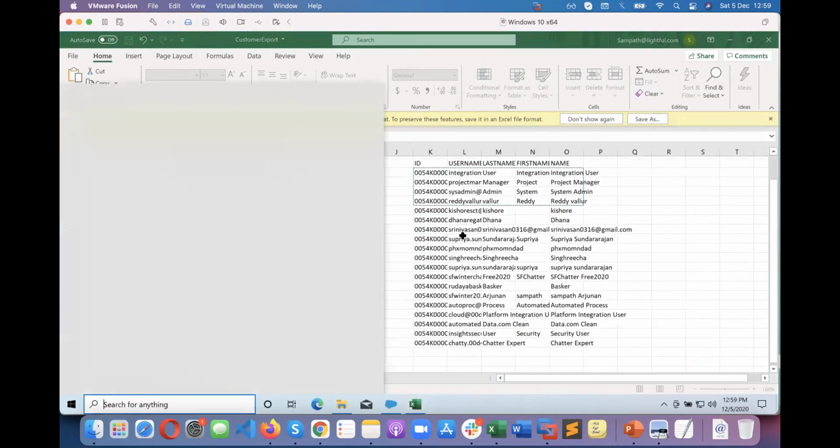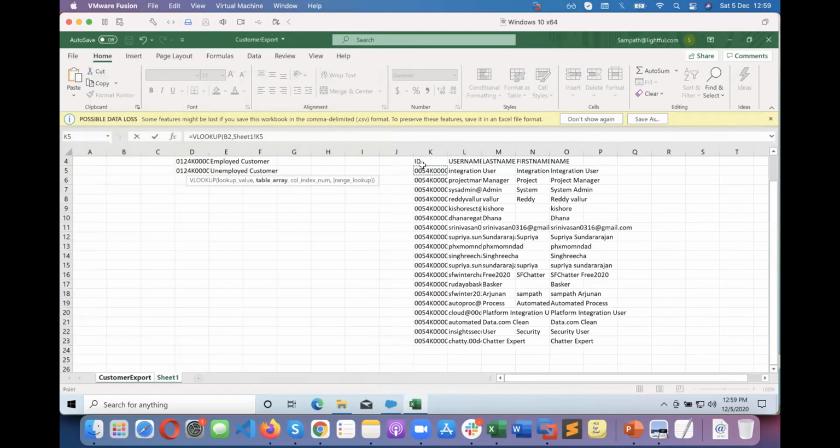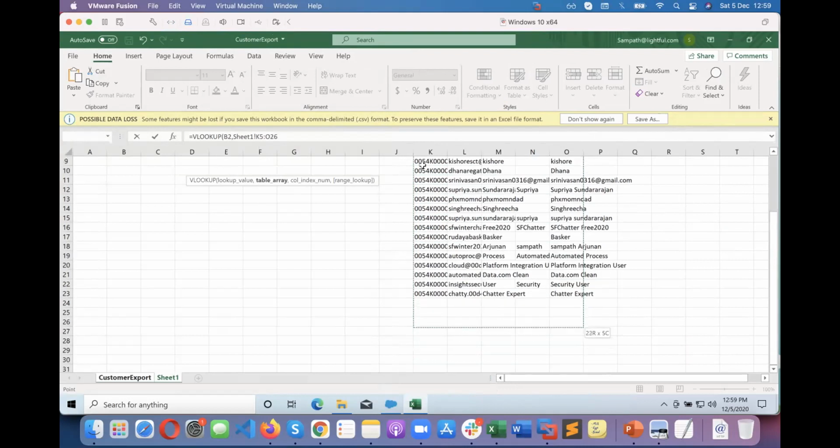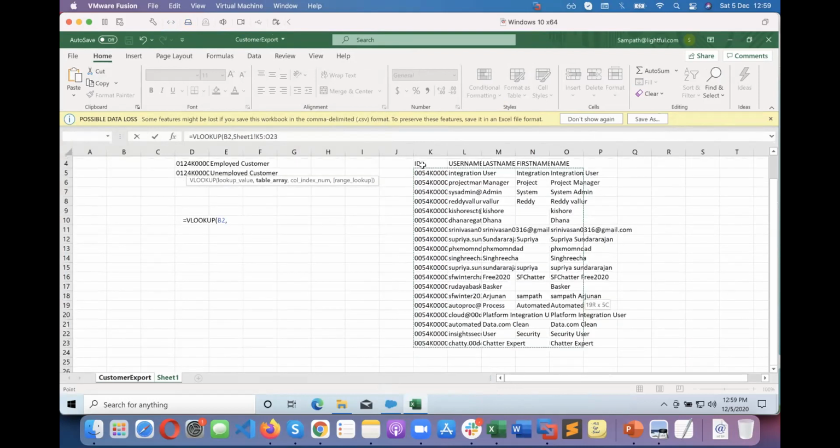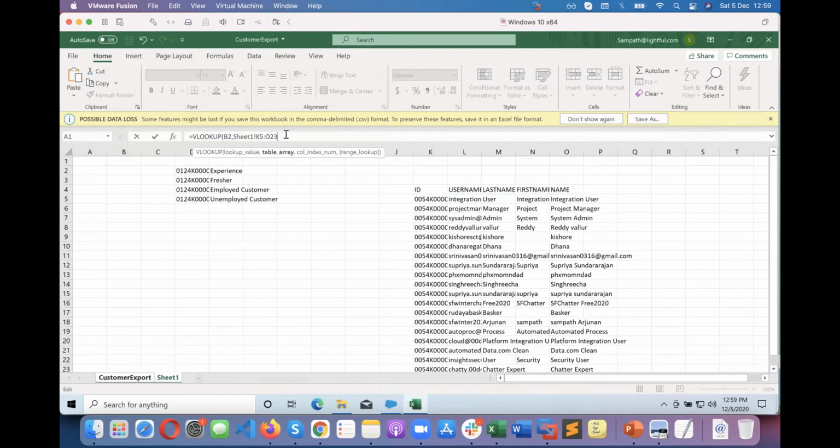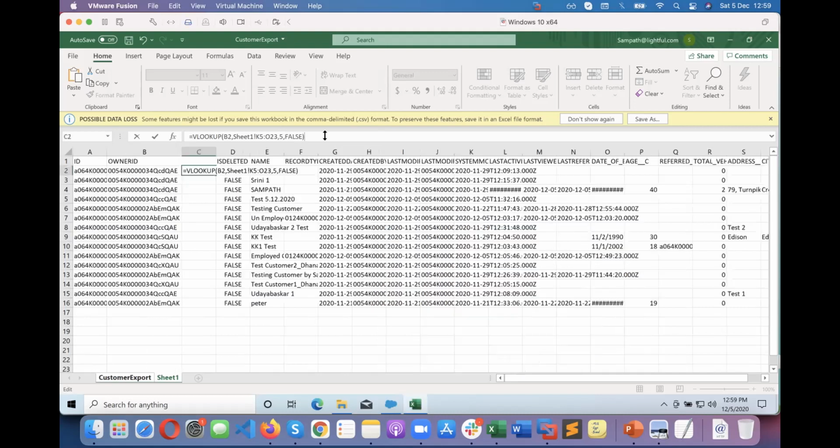I think I'm not able to use the symbol. Let's see, yeah, it's going. Okay, so basically from this table, comma, I want to populate the 1, 2, 3, 4, fifth column. So fifth column, comma, exact matching, False. I'm clicking on it. Yes, enter.